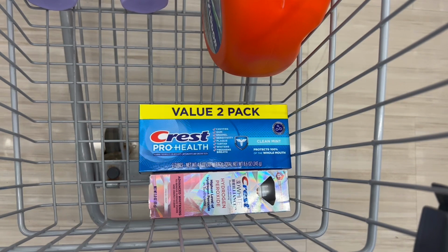But of course, we're going to pair that in with the Olay body wash. So the total for the Olay body wash and the Crest is going to equal out to $35.20. We have the 5 off 3 digital for the Olay, the $3 digital for the Crest, and the $2 digital for the Crest, and the 5 off of 25. So that'll make our total